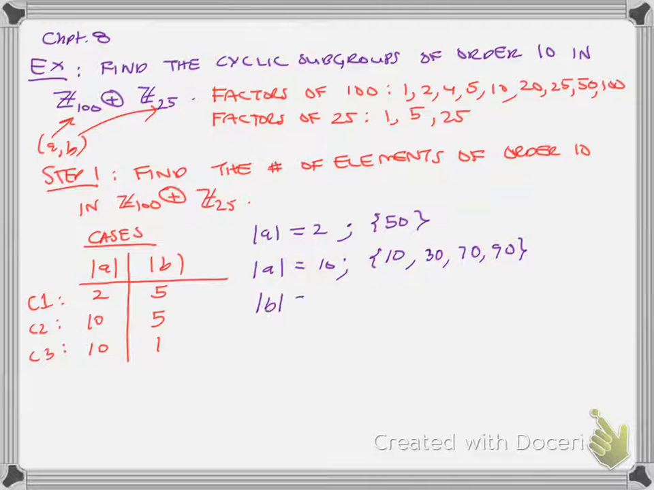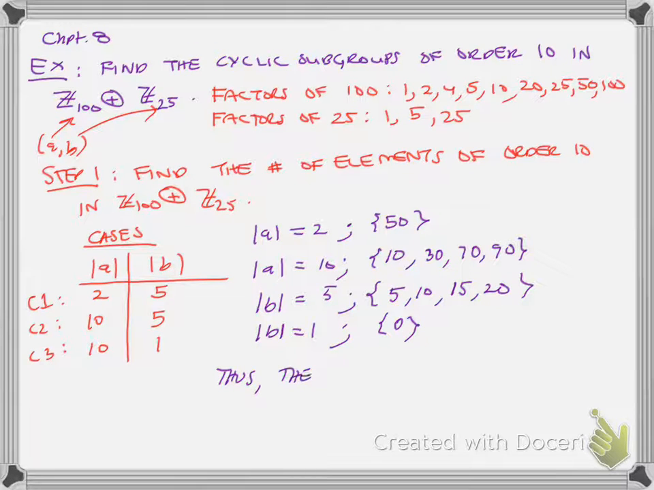And when the order of B is 5, then B is 5, 10, 15, or 20. And then when the order of B is 1, we have our identity, 0. Okay. And so looking at all the different combinations, the total number of elements of order 10